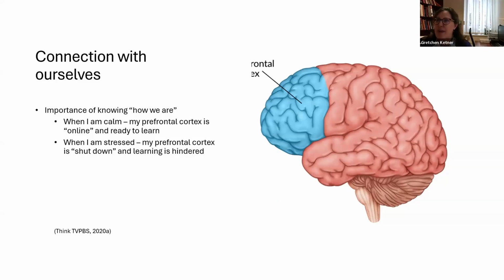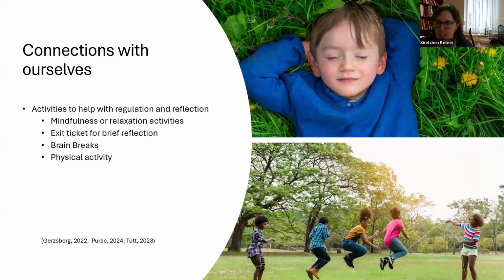If it's maybe not traumatic, but still a stressful event, maybe that central area in the brain, the amygdala, where there's more emotional response happening, that is the area in focus. So again, if I'm very stressed, my brain is not really ready to learn. So it's important to know how I am, and it's important for us as teachers to know something of how our learners are. Are they ready to learn? Are they connected and regulated within themselves?